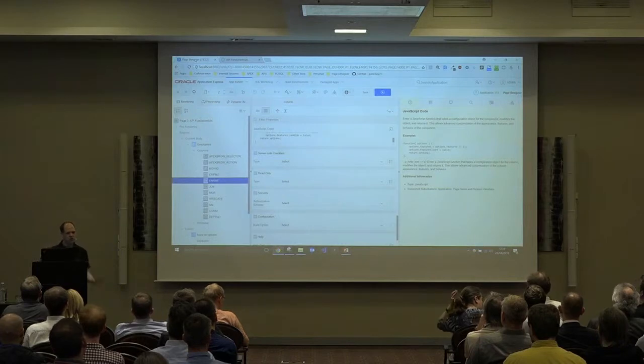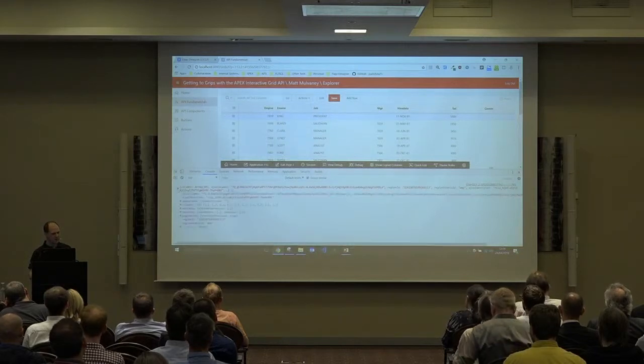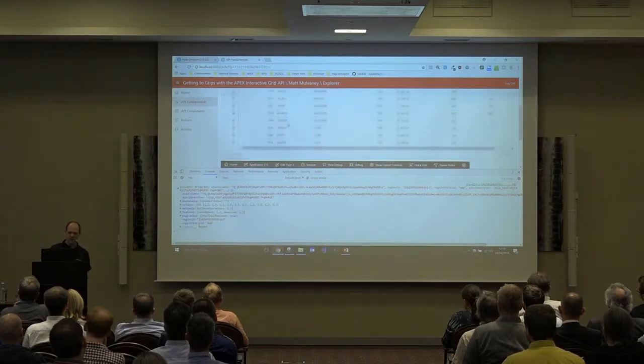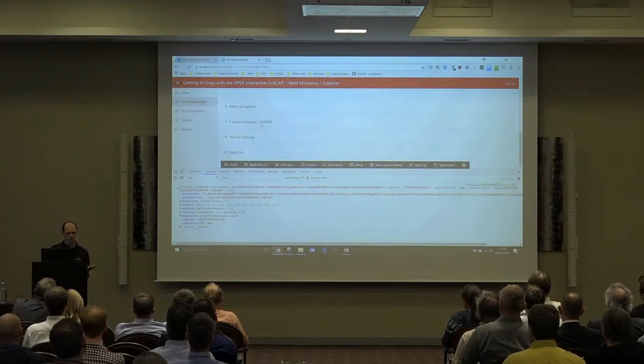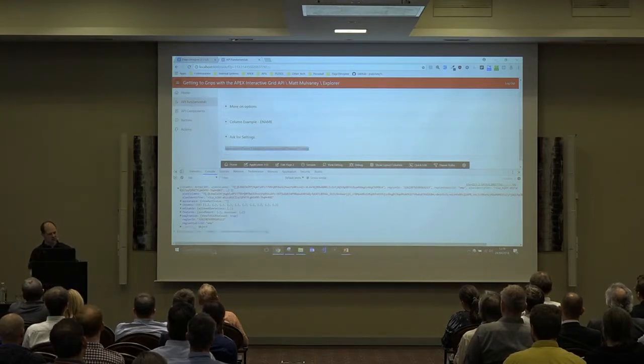So I thought surely there must be more information about the interactive grid. Must be more options than I can see. So here's all my available options, and there's not much really that I can configure. Surely there must be more, and there is more. And if you read John Snyder's blogs, or you can get this line of code from the cheat sheet, you can paste that in, and what that's doing is effectively asking the grid for all the configuration